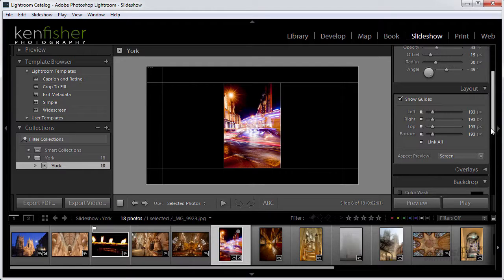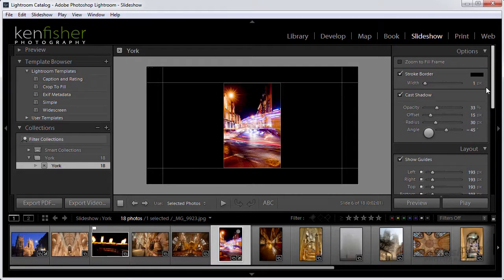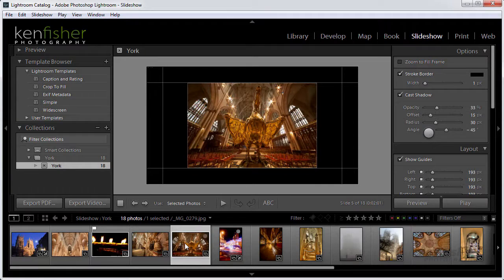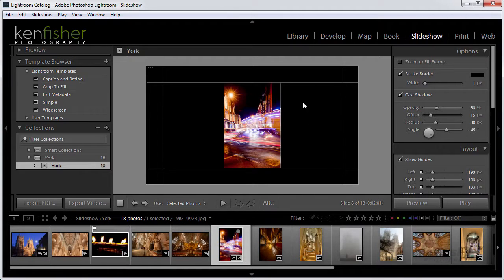Now let's have a look at the options panel. Well, here we've got some things to play with. We've got zoom to fill frame. Well, normally if you've got landscape images, they do tend to fill the cell. But as soon as we get onto a portrait image, then you might not like having all this space around the side. So what you can do to get a little bit of consistency is if you click on this,